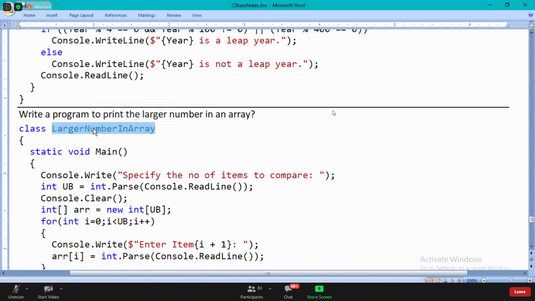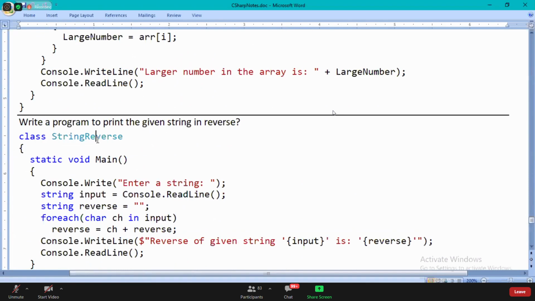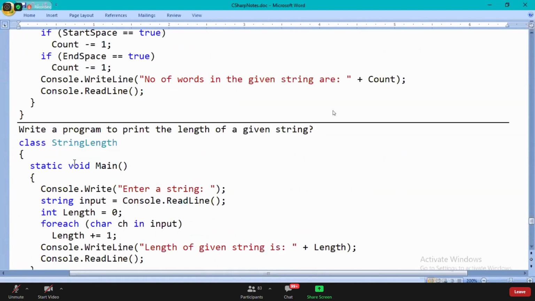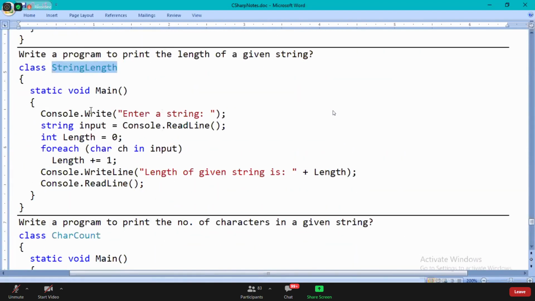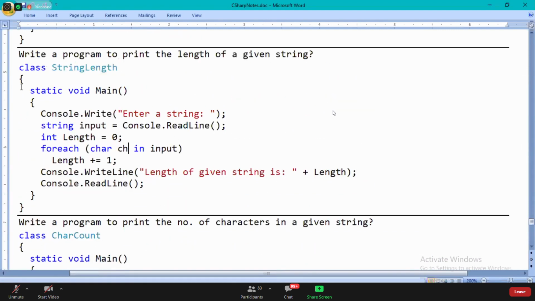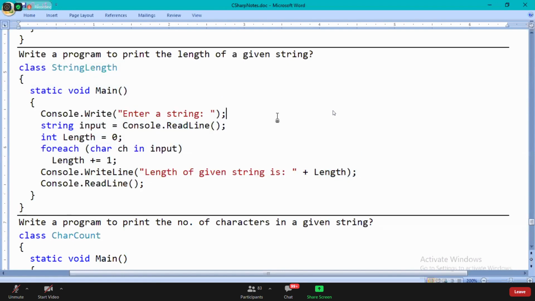how to find the largest number in an array, how to reverse a string, how to count the number of words in a string, length of a string. It is one very important program, guys. Very, very important. They'll ask you tomorrow, can you find the length of a string? Actually, the string class directly gives you a property called Length.